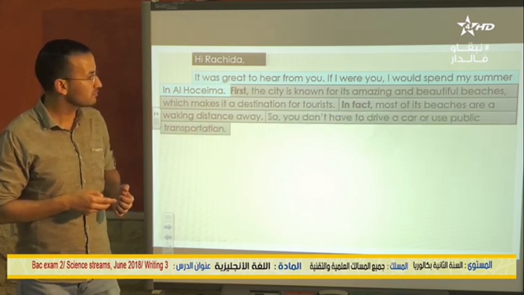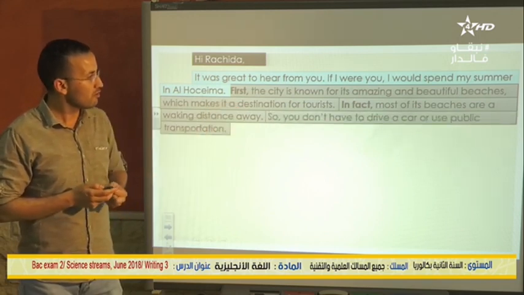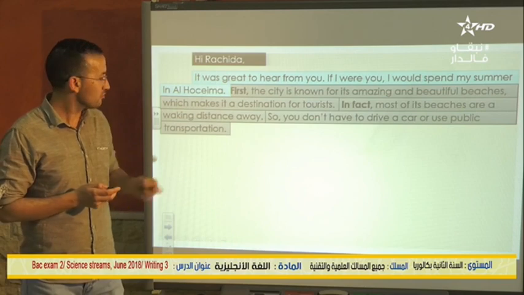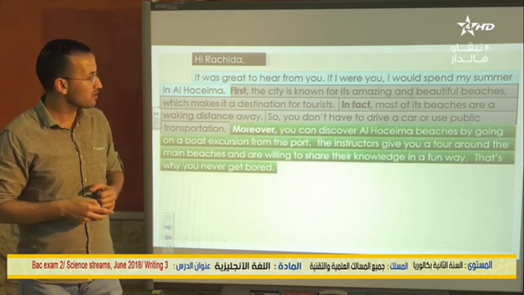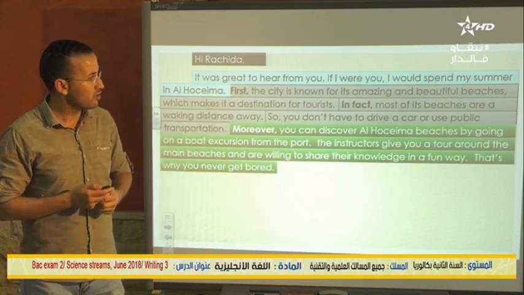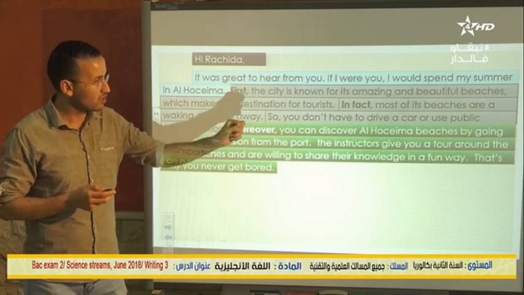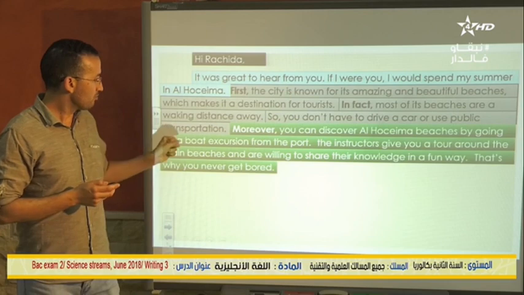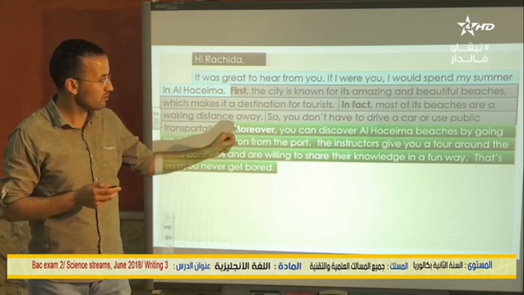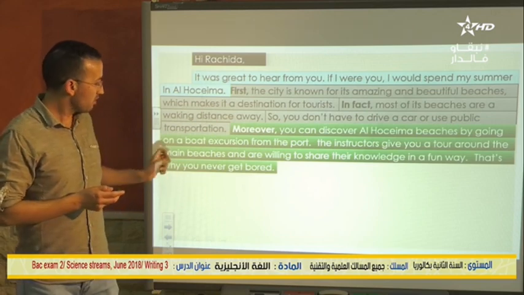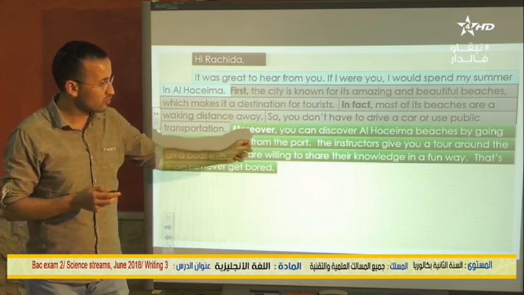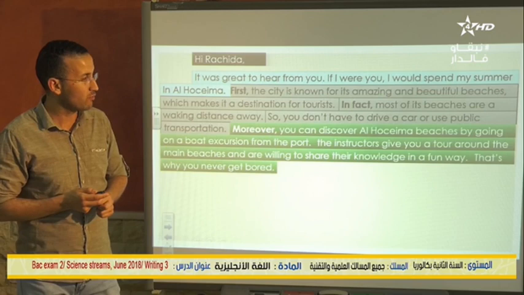Next, so you don't have to drive a car or use public transportation. Next, moreover, you can discover Al-Husima beaches by going on a boat excursion from the port. The instructors give you a tour around the main beaches and are willing to share their knowledge in a fun way.